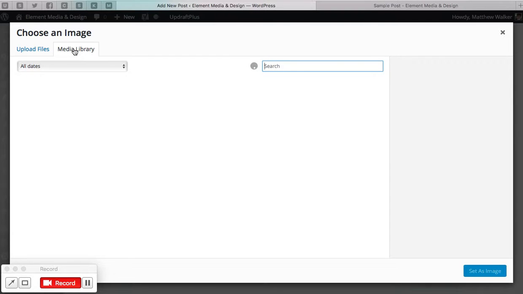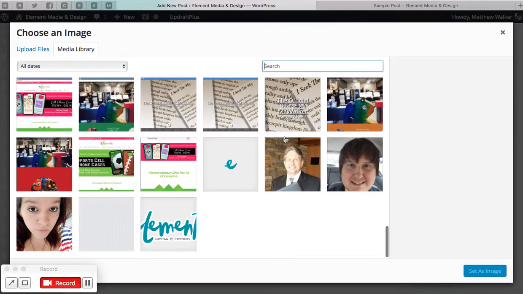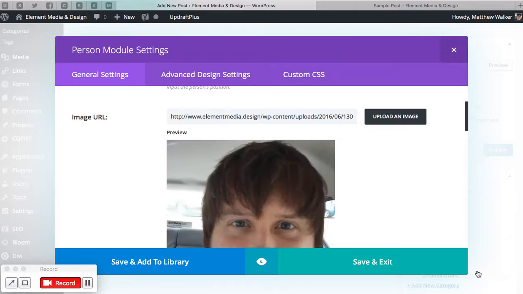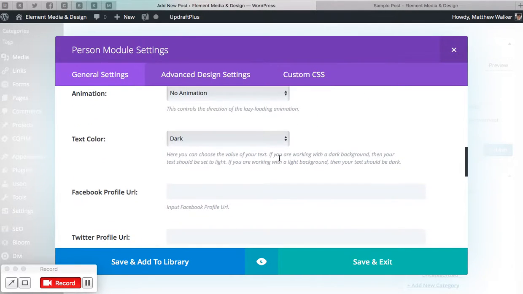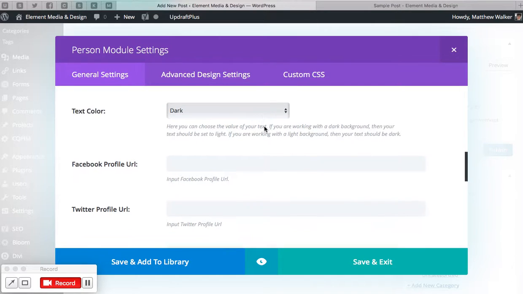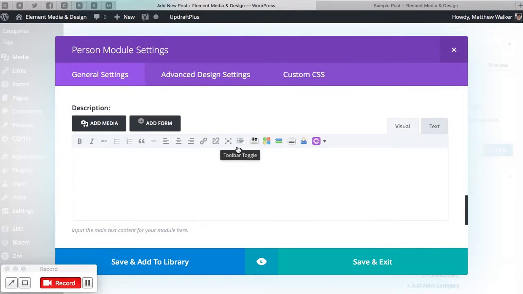And in my media library, I'm actually going to have all of the images that I need already uploaded. So I'm going to scroll down, and at the very bottom here, there's a picture of me. And so that's what we're going to put in there. We want no animation. Text color you can change depending on what your website looks like. You can put in your social media, which is really nice because people can get to you directly if it's a post directly from you. And the other thing that I'm going to put in